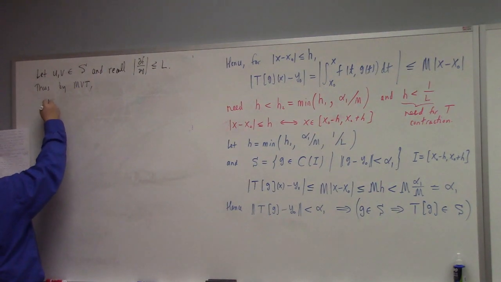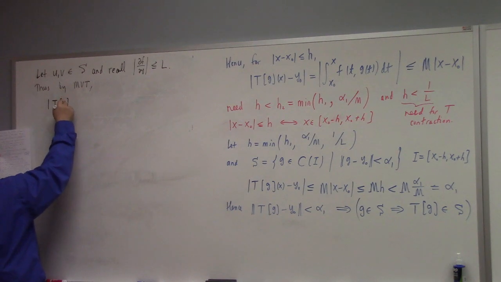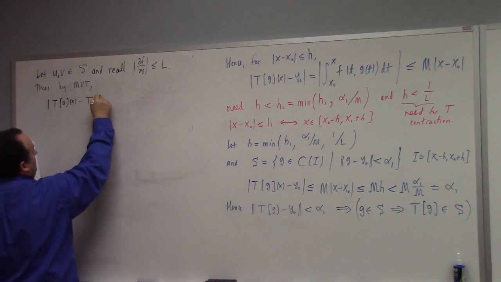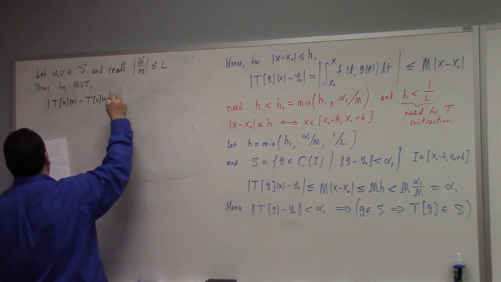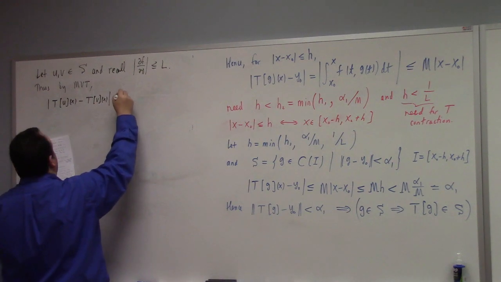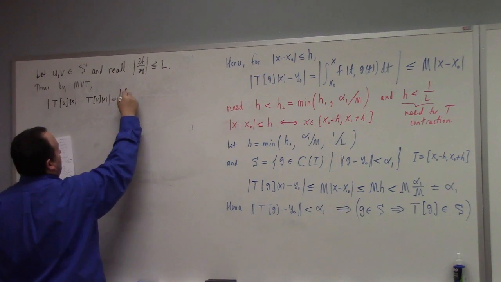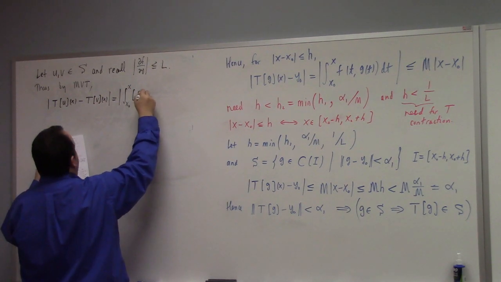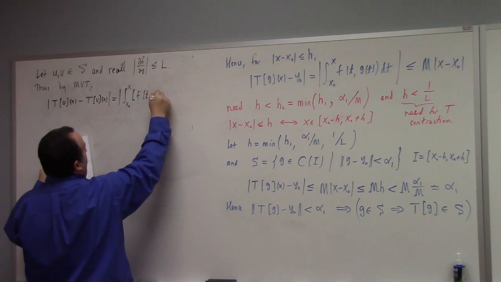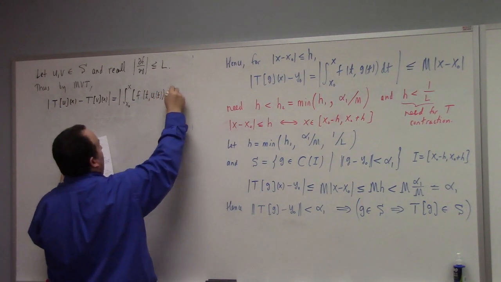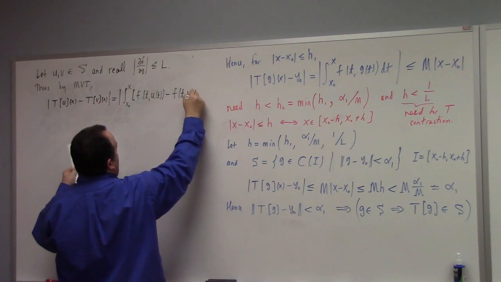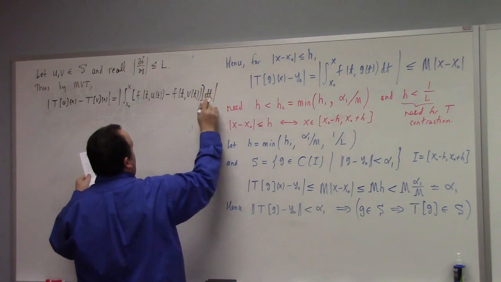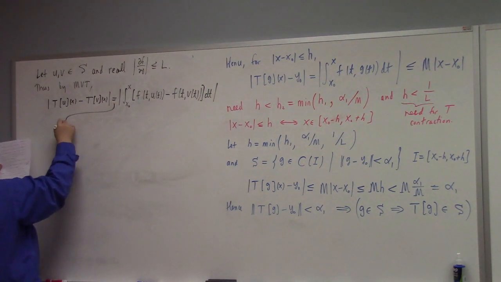Here we go. So the absolute value of T acting on u of x minus T acting on v of x is equal to the absolute value of the integral from x naught to x of f of t comma u of t minus f of t comma v of t. We haven't used the mean value theorem just yet, okay? Closed absolute value. So that is going to be